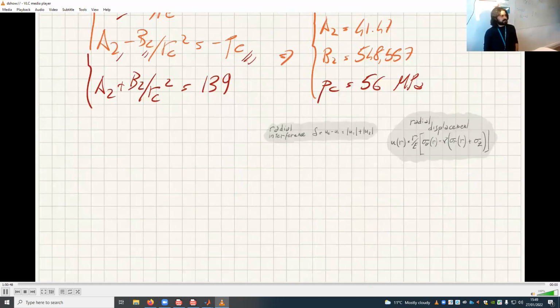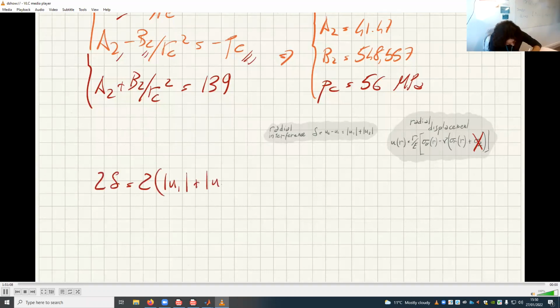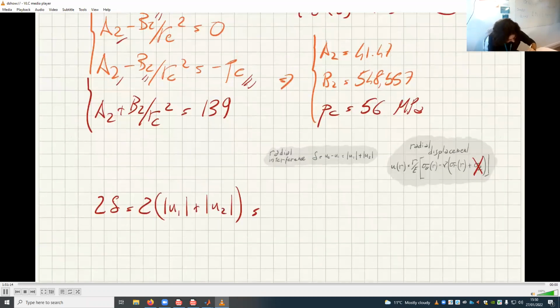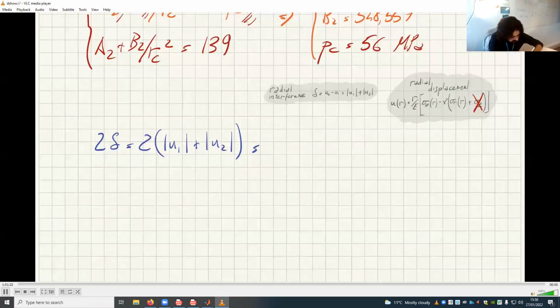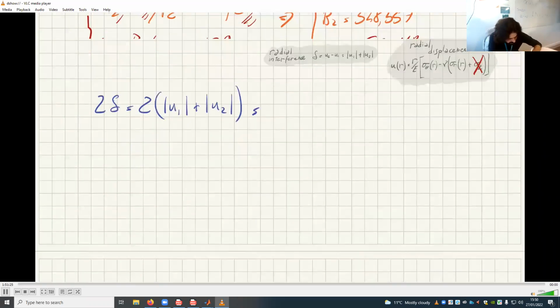So the radial displacement, sigma z is 0. Remember, because it's a sleeve, it's open-ended, so you don't need sigma z. So 2 delta is 2 times U2 minus U1, or the absolute value of U1 plus the absolute value of U2. And so this is just equal to, let me do this in blue, it's just equal to, and U, of course, is U of the